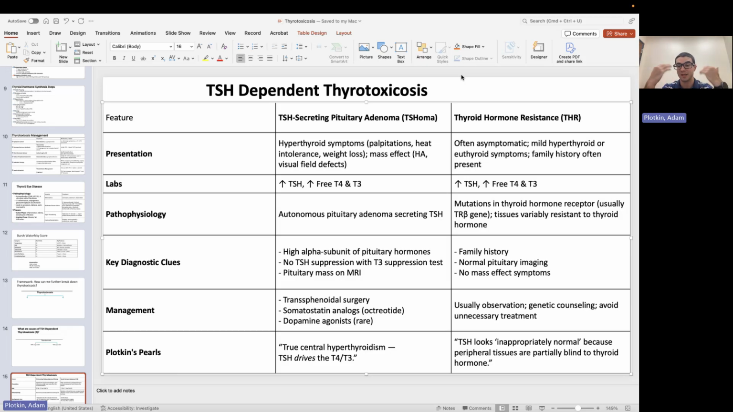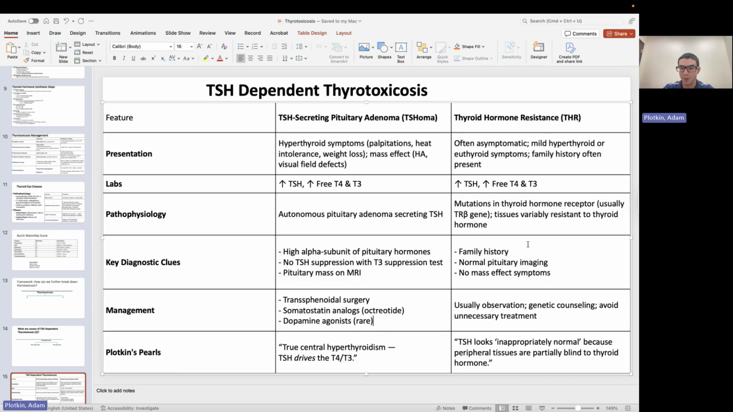Sometimes you'll see that the T4, T3 aren't able to suppress it, and your TSH will be high and your T4, T3 will be high. That immediately points me to somewhere in the brain. There's something in the brain secreting TSH going down to my thyroid, and it's telling it to, hey, make more T4, T3. So then we have thyroid hormone resistance. It's often asymptomatic. You might see mild hyperthyroidism or maybe euthyroid. And there's sometimes a family history. Again, an increased TSH, increased free T4 and T3. It's due to mutations in the thyroid hormone receptor, usually the thyroid receptor beta gene, and the tissues are variably